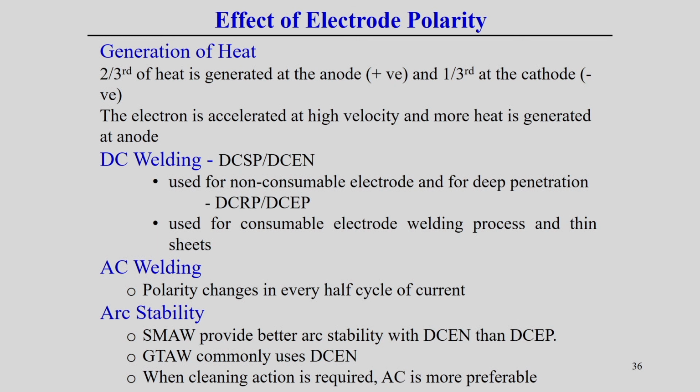But if we look into the different arc welding processes we have seen, then we normally have to decide what the polarity should be in this case. Both direct current and alternating current can be used in a welding process, but the polarity, that means which one is the positive terminal and which should be the negative terminal, has to be decided before performing the welding process. We will try to look into in what way we can decide the polarity.